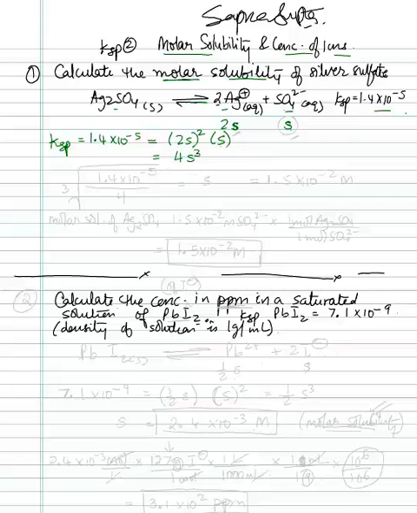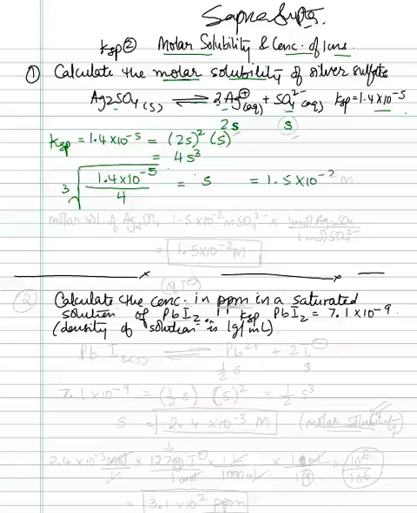Calculating for S, it would be 1.4 times 10 to the negative 5 divided by 4, and then you would take the cube root of that, and that would be your S value, which turns out to be